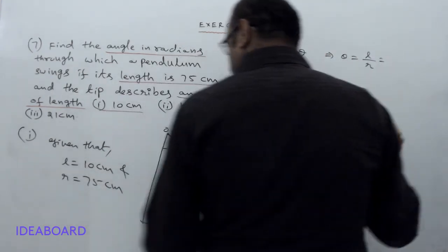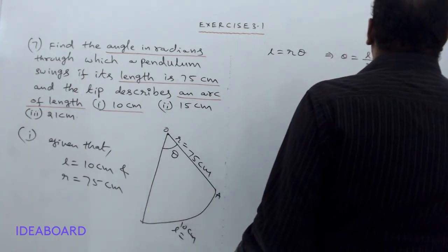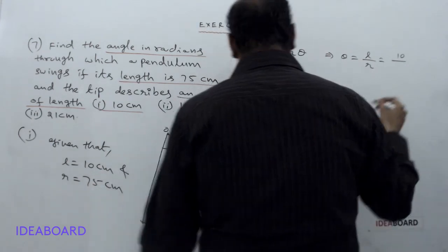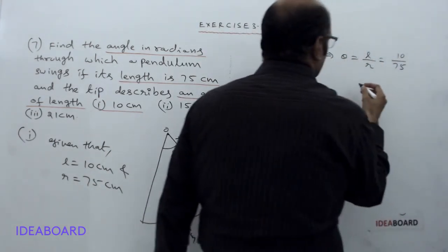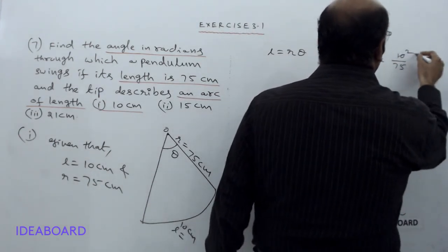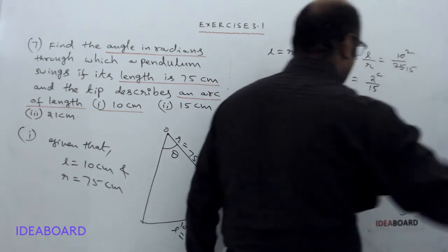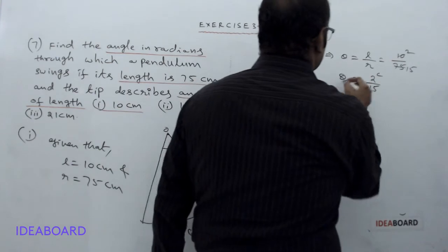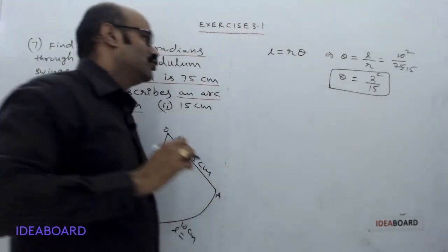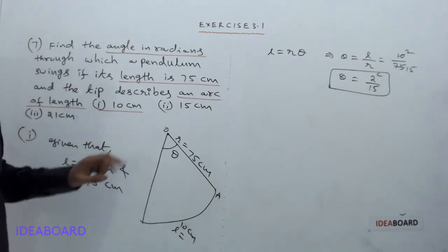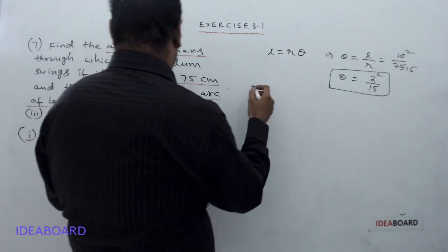Here L is given by 10, by R equal to 75. So we are getting 2 by 15 radians. Therefore theta equal to 2 by 15 radians. So first one is over. Second one is,